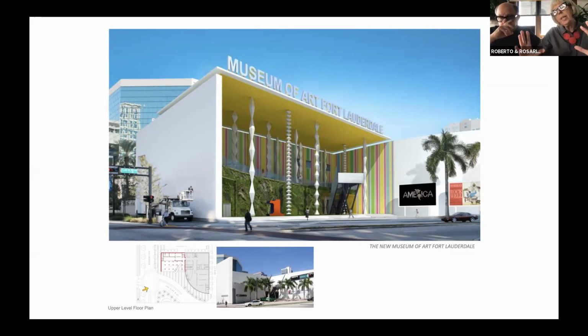So we created a kind of super front porch, a place for people to gather, to feel like the museum was welcoming them. Before, you couldn't even find the door to enter the museum. Now you have this front porch where you can gather, meet your friends, and then go into the museum. The museum is kind of calling you: come out, it's for you, it's open. Please come over, this is your museum. That's the intention of the project.